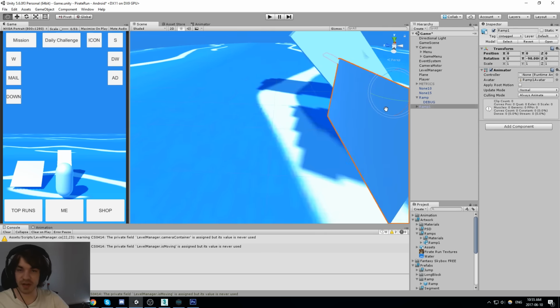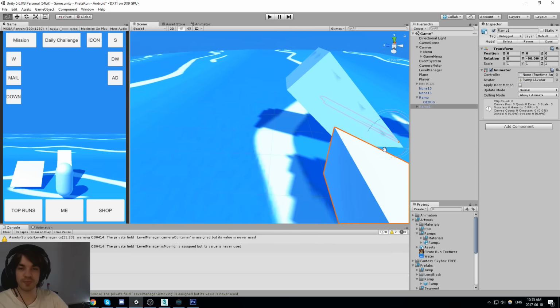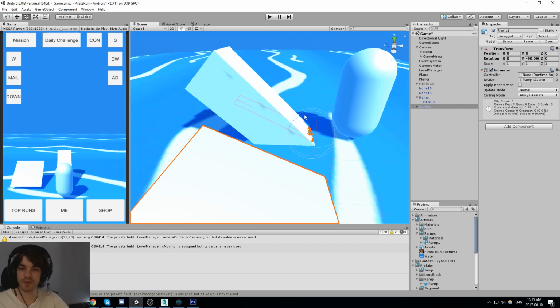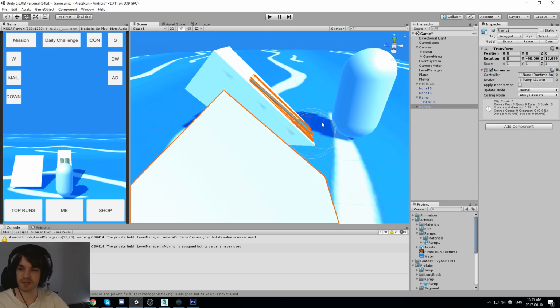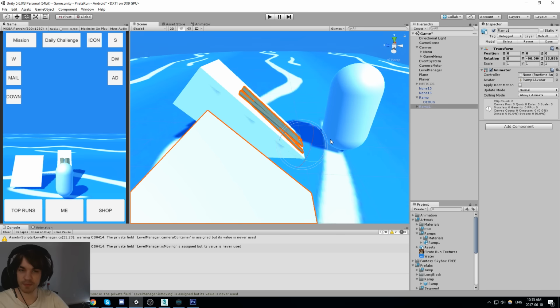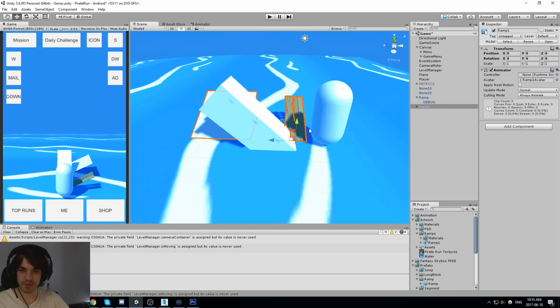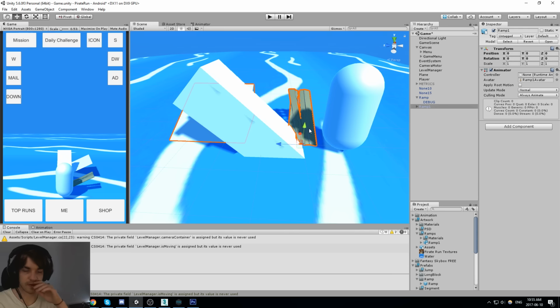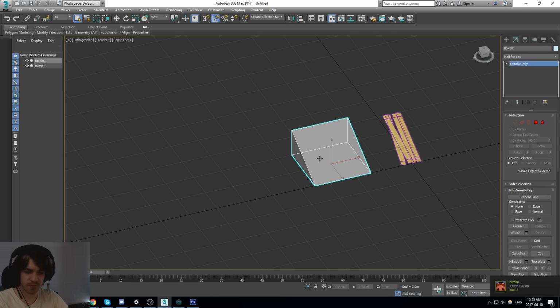It's double the height. It's actually not 1, but it's 2. So this thing has to be like this. Also, that's forward, so I don't know why it's pointing that way. Our forward should be like this. Okay. Well, let's fix this first.